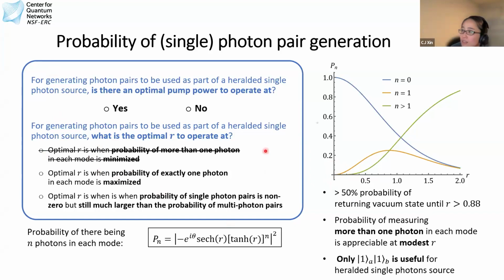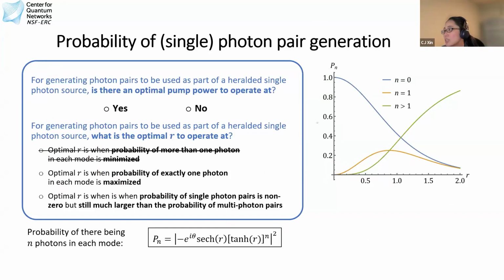So about 15 of you answered that you want to maximize the probability of exactly 1 photon in each mode. And actually, that is a valid answer. So if we look at this plot,